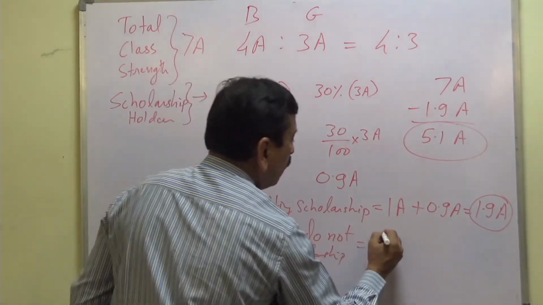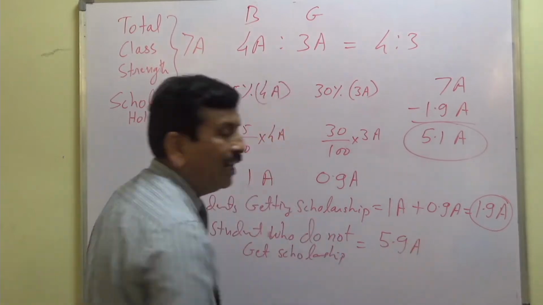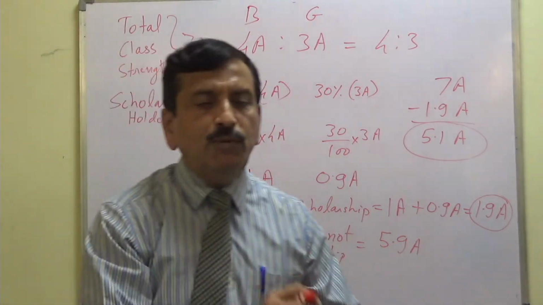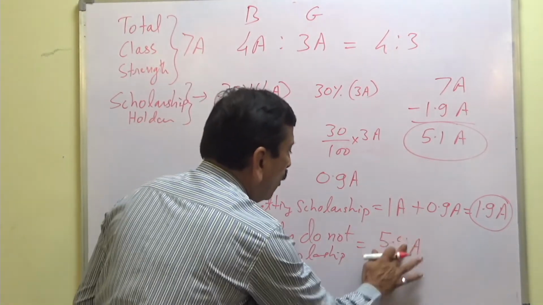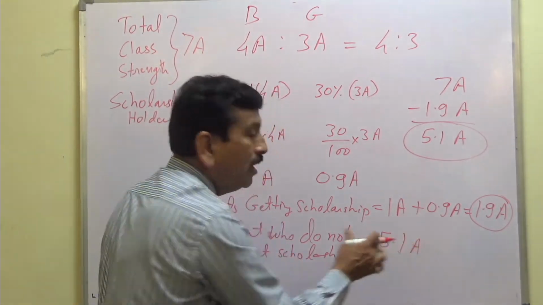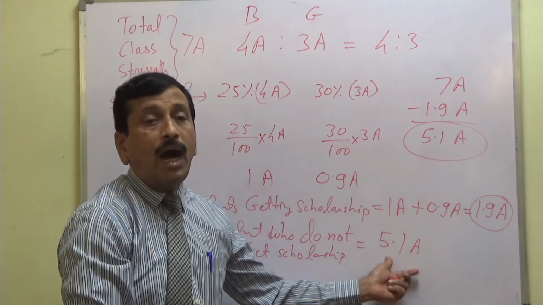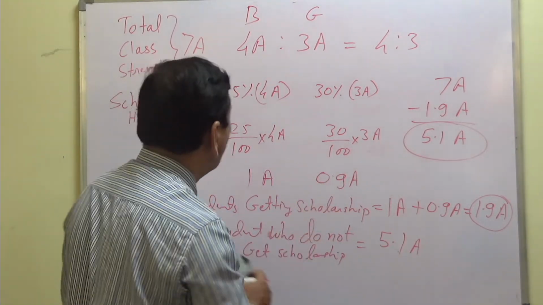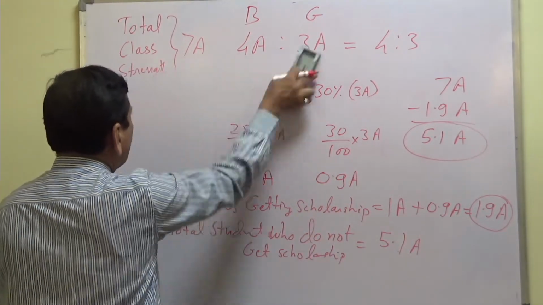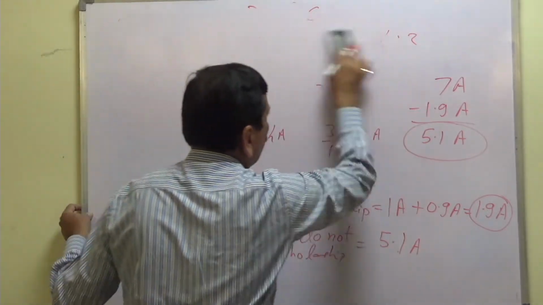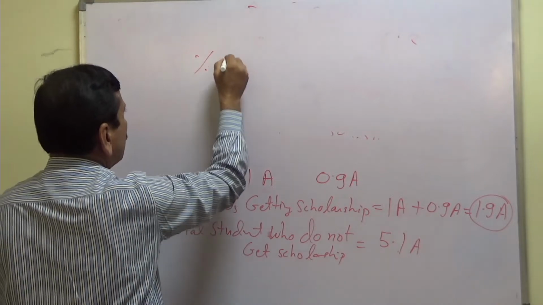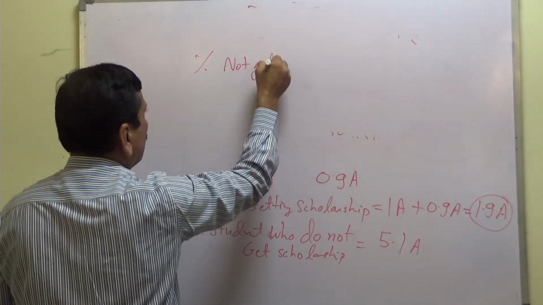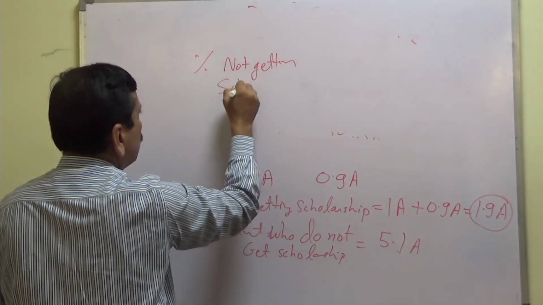That will be 5.9A. And therefore, when we talk about the percentage of the students not getting the scholarship, it will be 5.1A students who do not get the scholarship out of 7A. So the percentage of the students not getting the scholarship will be a percentage of this. That is, we find the percentage not getting scholarship